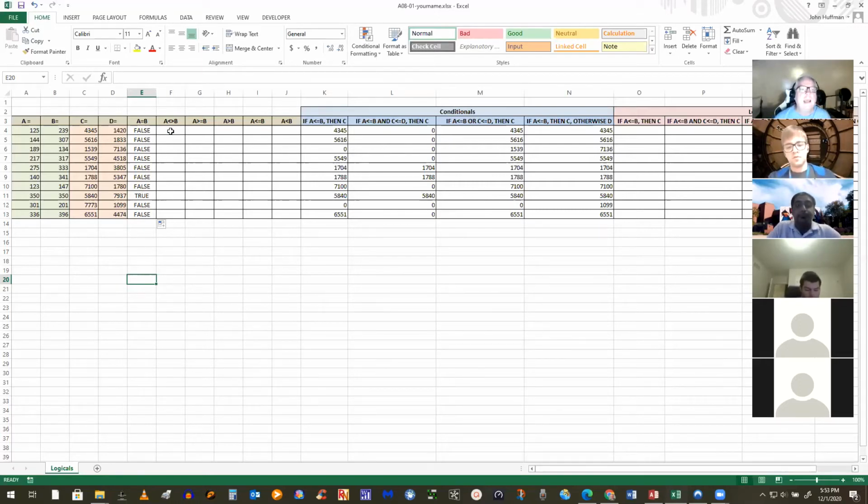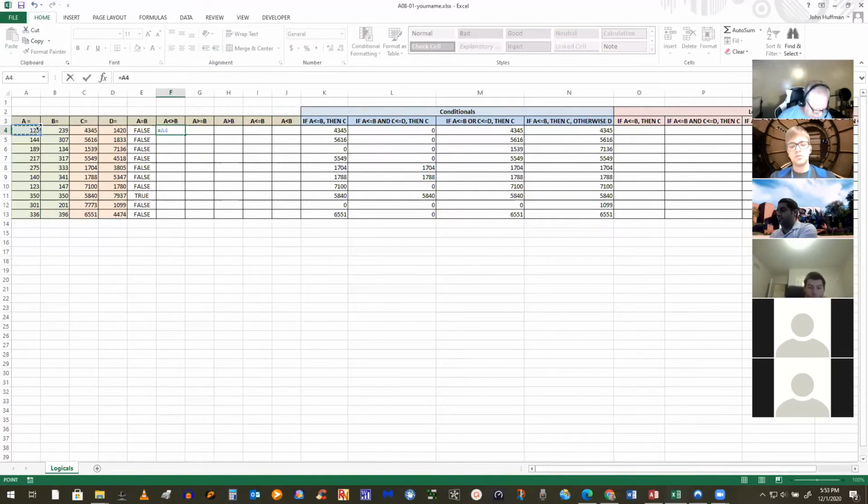Let's do A not equal to B. So you've got the less than and the greater than sign. That means not, okay, not equal to. So I'm going to do A. Again, anchor it. You guys don't know how I'm doing this right now. I'm hitting my F4 key. I'm anchoring the column, but I'm making the row relative so that when I copy it down, the equation is right for the row, right? And it's anchored on those columns, so I could move it over into another column and it would work. And then I'm going to have greater than or equal to B.